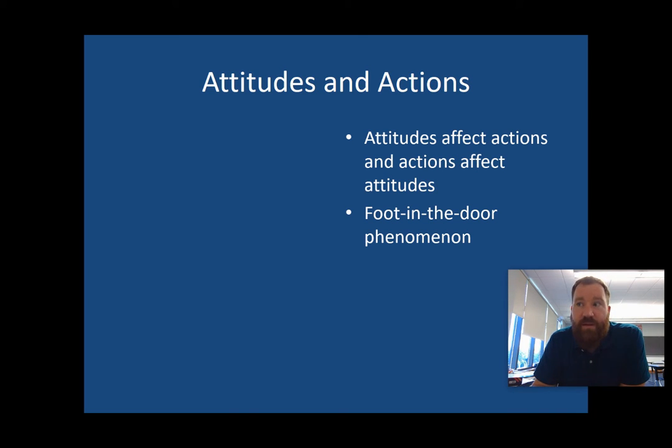You can think about by asking for something small, and then once someone is saying yes or agrees to it, they are more likely to continue to say yes as the things increase. So, maybe if you're looking for, I don't know, a later curfew, right? Maybe instead of saying, hey, can I go from a 10 o'clock curfew to a 1 o'clock curfew? Maybe you say, can I go from a 10 to a 10:15? And then 10:15 to 10:30, and then 10:30 to 11, and then 11 to 12. Like once they start saying yes, it's easier to accept.